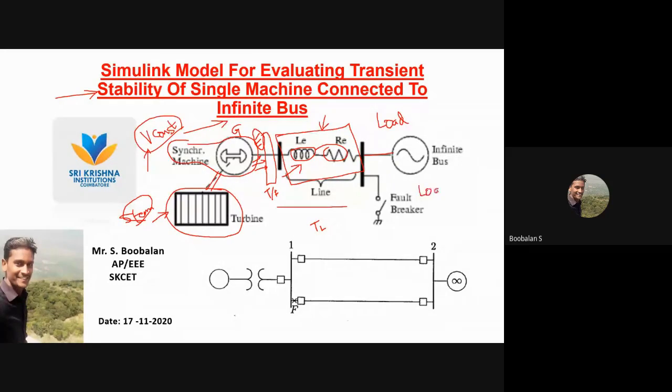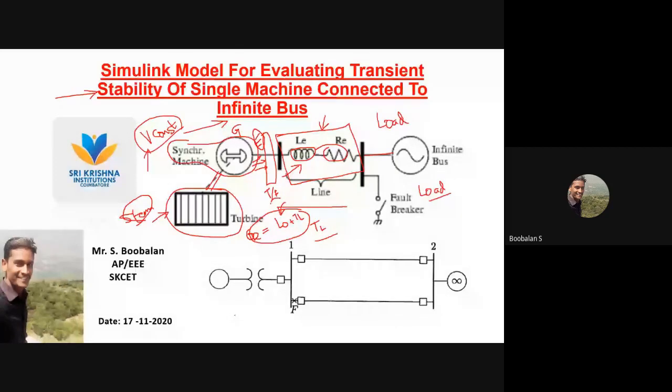So the generated electrical power, P_G_E, is equal to the load plus the transmission loss. The generated electrical power must supply the summation of my total load plus transmission loss.